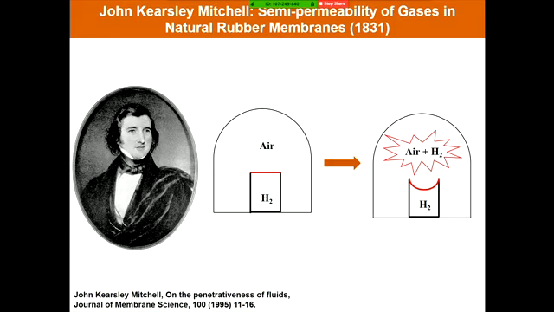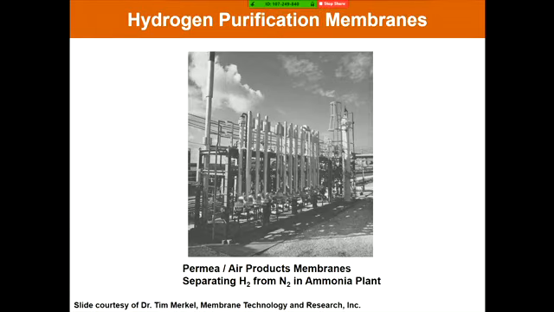And again, he did the experiment in the opposite fashion as well, and saw the membrane go the other way, and noted that this mixture was explosive. It wasn't quite clear how he determined that. The ability of membranes to be very permeable to hydrogen and not very permeable to air gases like nitrogen then became ultimately, more than a century later, the basis of the first large-scale commercial application of gas separation membranes, and that was separating hydrogen from nitrogen in ammonia purge gas lines.